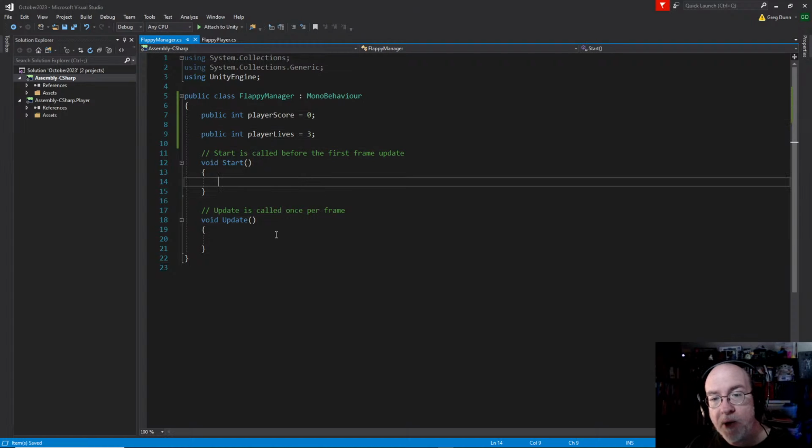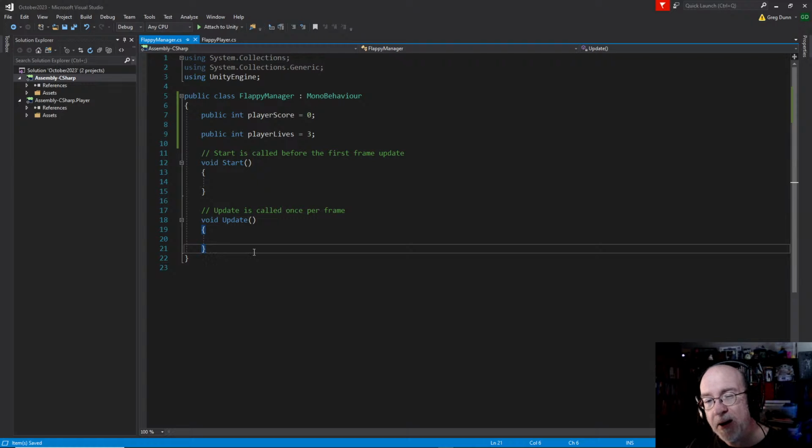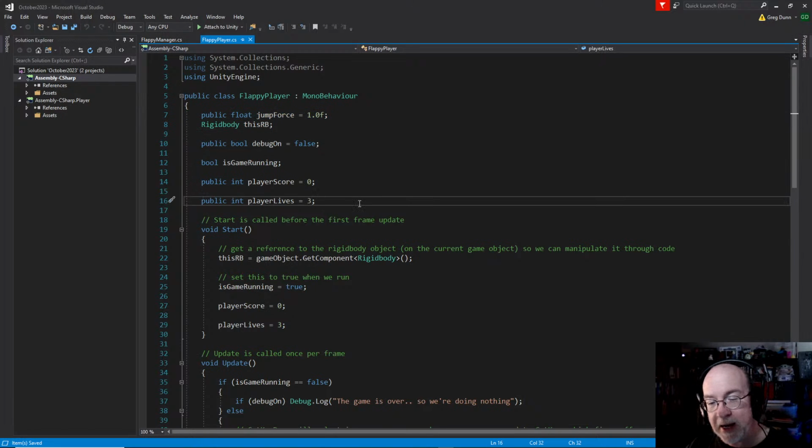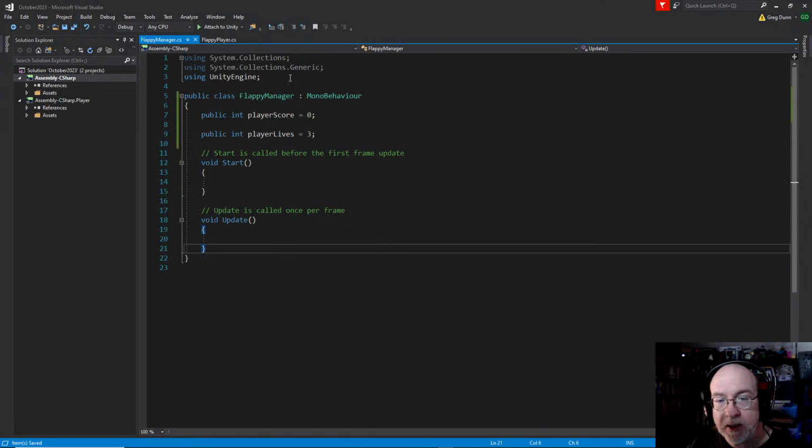And now we need to have a way to keep up with the score and the lives. A not great way to do it would be to just interact with these public variables from this script. That's a quick and dirty way. It's not great. It's better proper code to have a